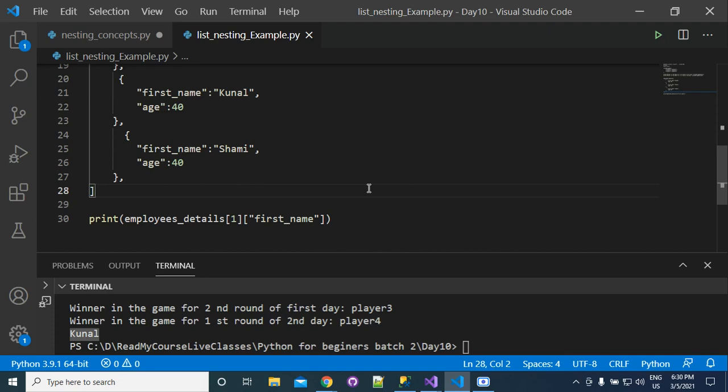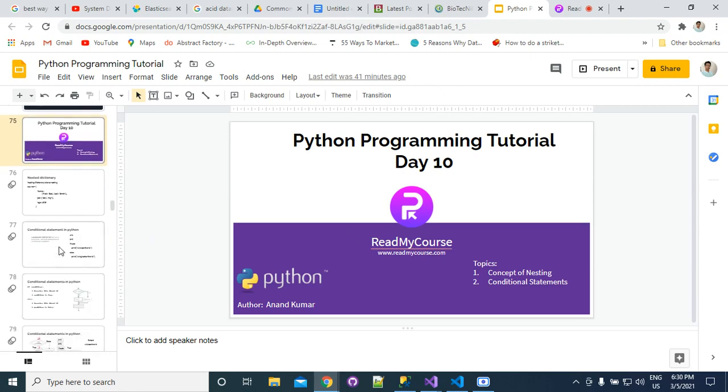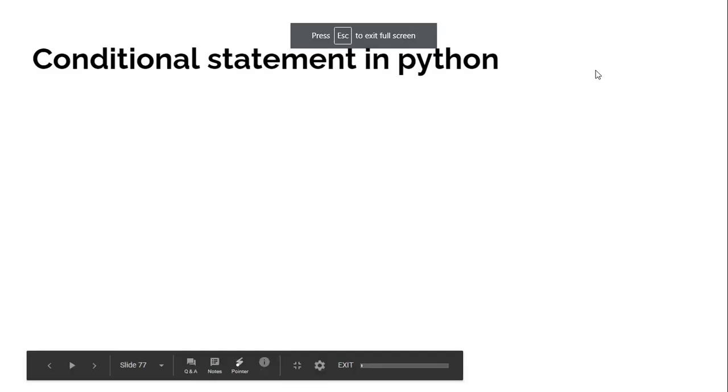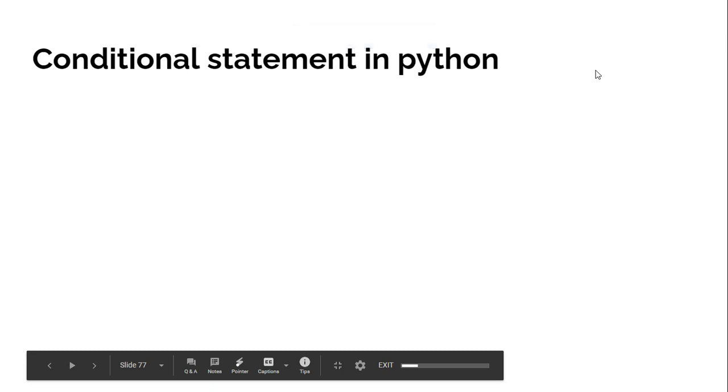So now we will go to the part conditional statements. Okay. So before going to conditional statements, I just want to ask you one question. Suppose that you have to decide based on some condition who is the winner.